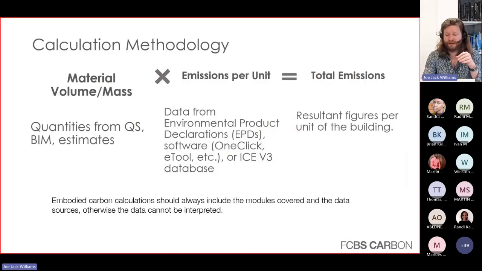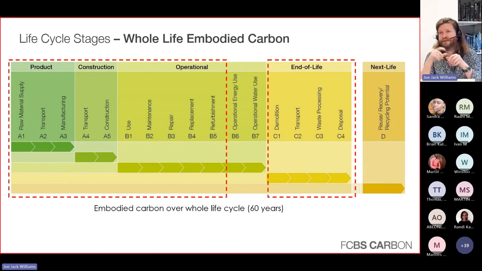And the other one here on the end, sorry, I haven't shown you, is module D. So you might hear a lot of talk about circular economy. This is where module D is. So it's about benefits outside the boundary of the building. So if you think our building ends at the end of C4, goes A1 to C4, if our materials are still reusable at the end of their life in module D, that's where it's really beneficial.